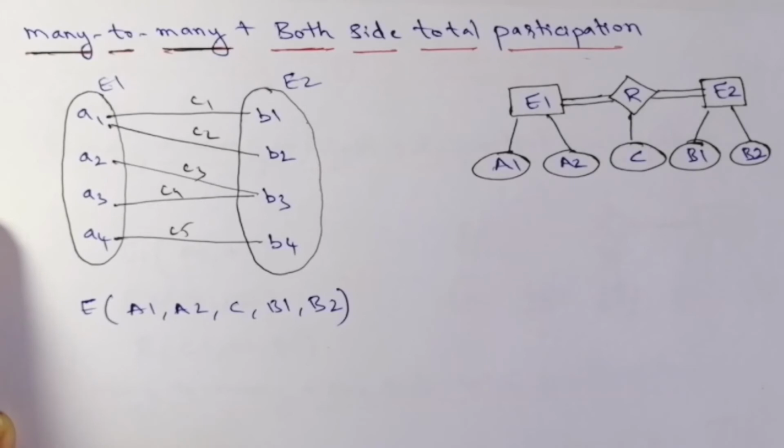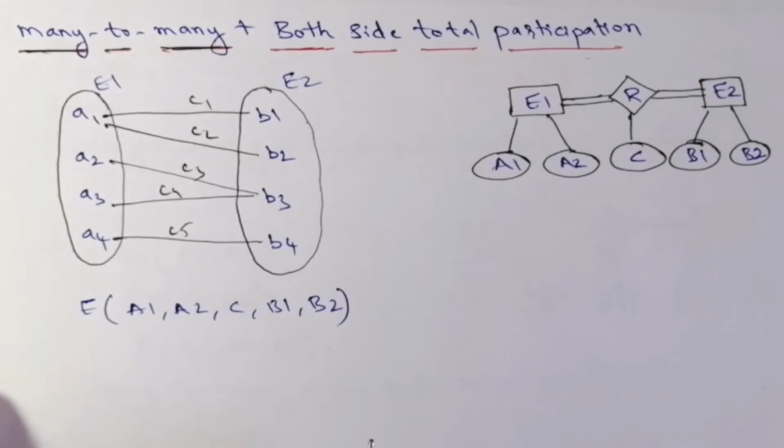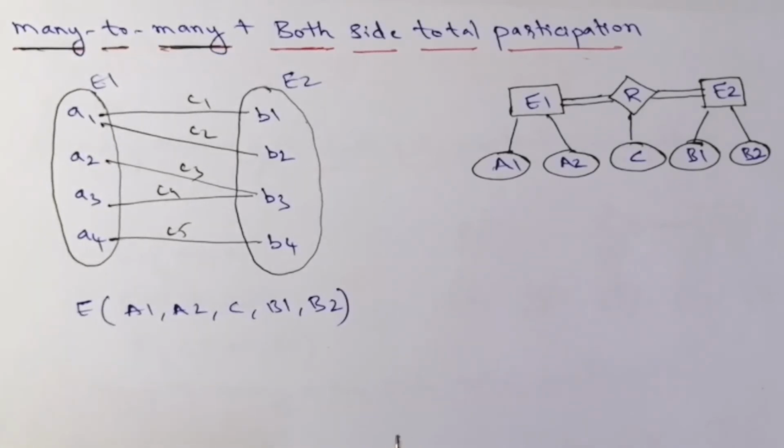And I want to give a small suggestion here. This many to many case I have moved somewhat faster, right? So I have not discussed each and every possibility in each and every case, because in one to one and many to one I have discussed each and every example very clearly. So if you do not follow this lecture, or if you have any doubts while listening to this lecture, please listen to those lectures, so automatically you will get a clear understanding, right? So this is the case here.